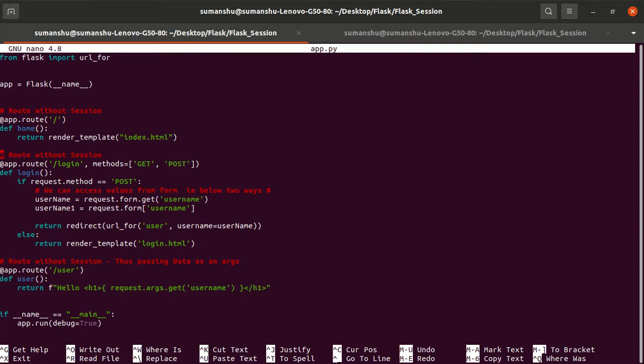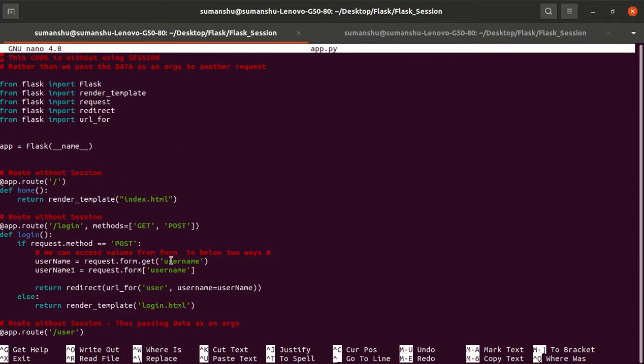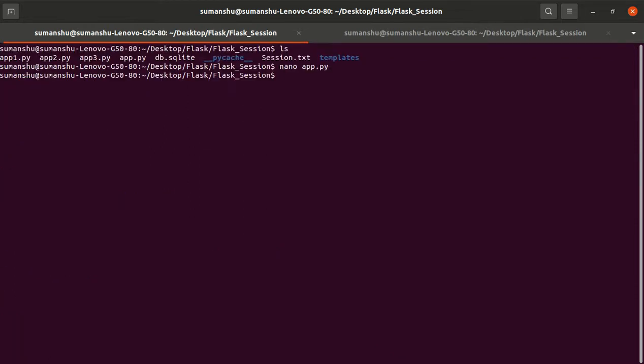So it is not using any concept of session, so no session library is imported above. These are the normal libraries: render_template, request, redirect, url_for. So this code is without sessions. I will show you what the disadvantage of this code is.